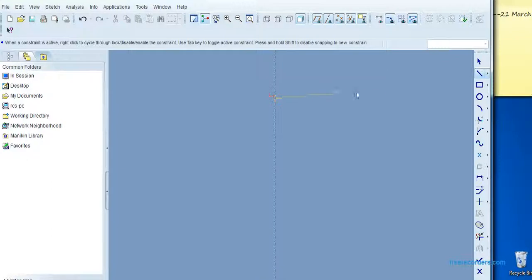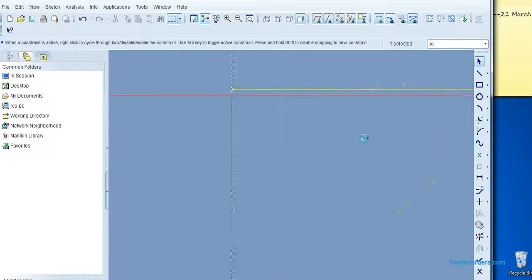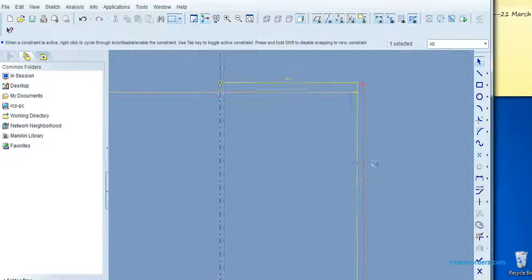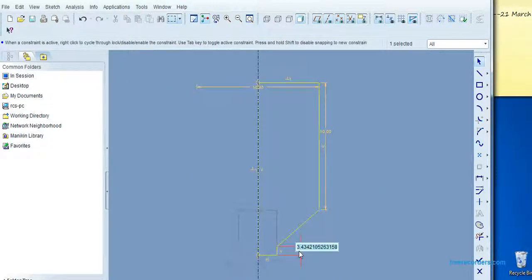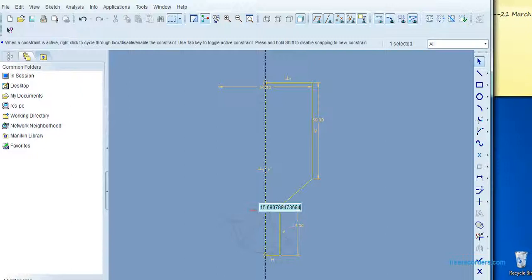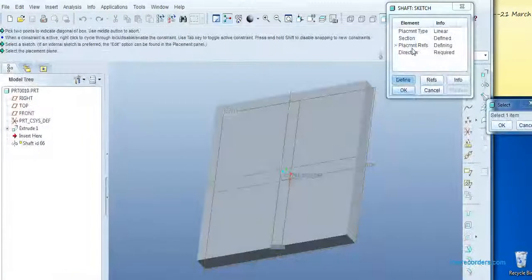I'm creating the cross section of the shaft. Now giving the dimensions, then okay. Now the requirement for placement.